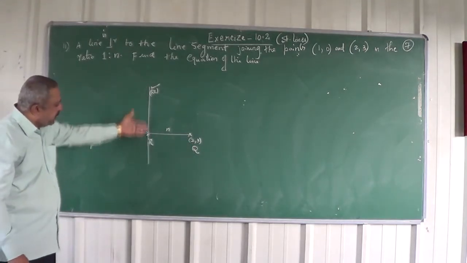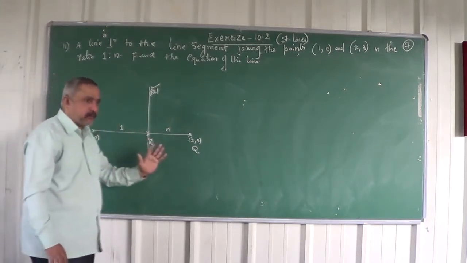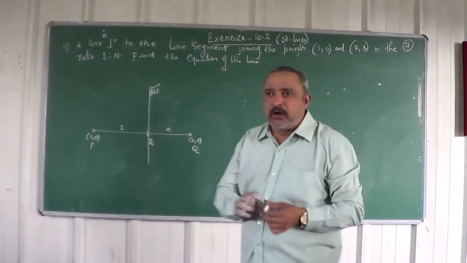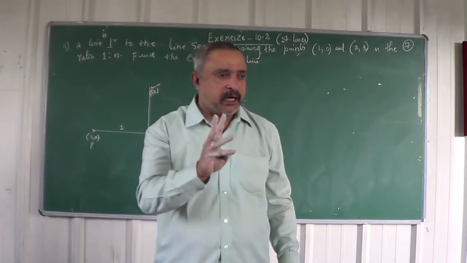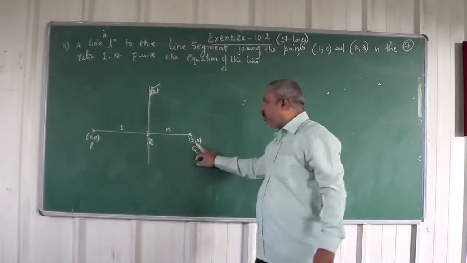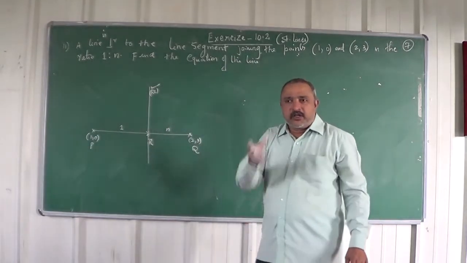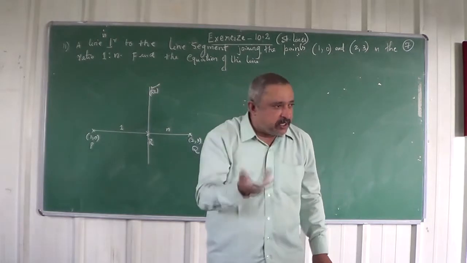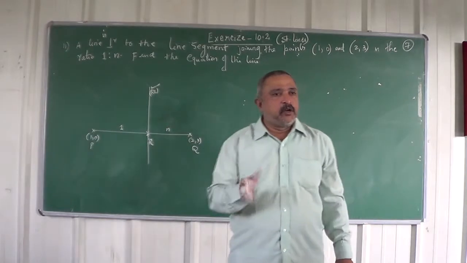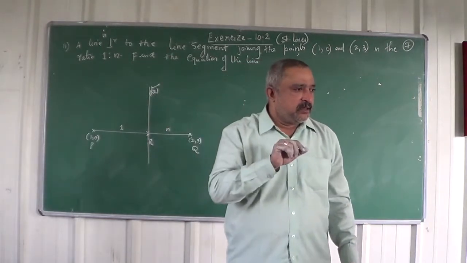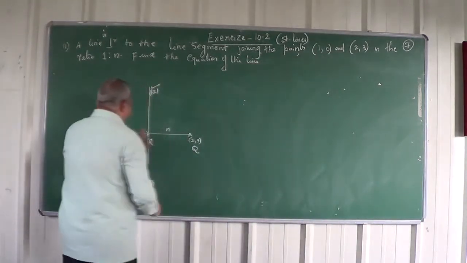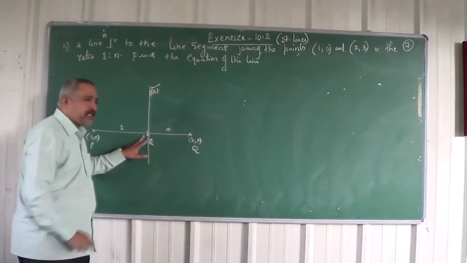So you want to find the equation of this line which is perpendicular to the line segment, dividing the line segment in the ratio 1:n. So what are the 2 characteristics of the required line? Number 1, it is perpendicular to the line joining 1, 0 and 2, 3. So you can take the slope and take the negative reciprocal, so you get the slope of the required line. Point number 2, you want to find a point on the line because we need slope and 1 point. Now since the ratio is given, we use the section formula to find the coordinates of R.